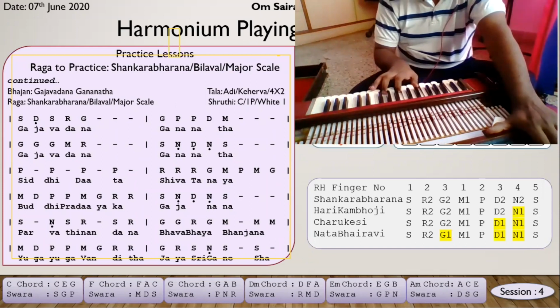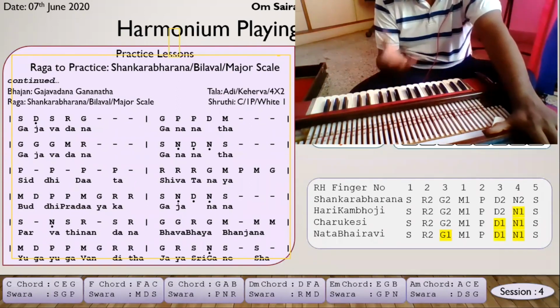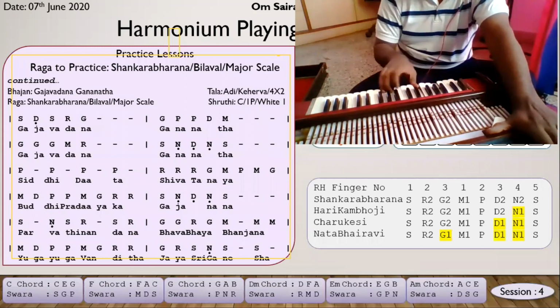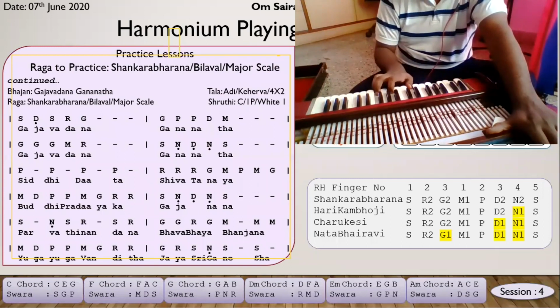So see, this is a little advanced. I know it might not be very comfortable, but yeah, you can try it out. The only three chords I'm changing. So wherever I'm saying ma, ma, pa, ma, pa, I'm using the F chord. Ma, pa, ma, I'm using the G chord. Ma, pa, ma.